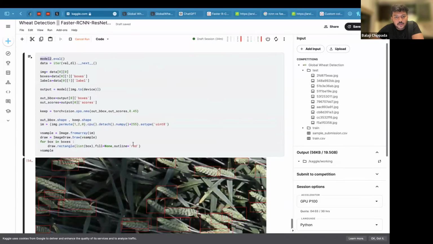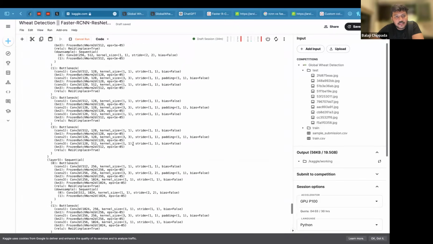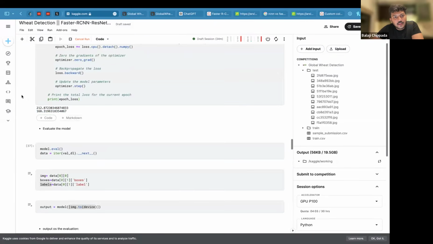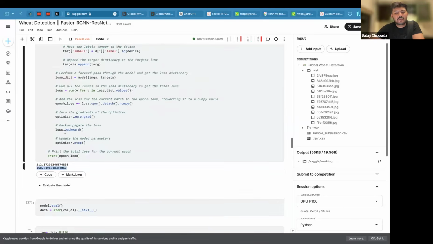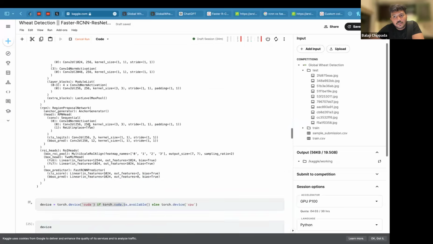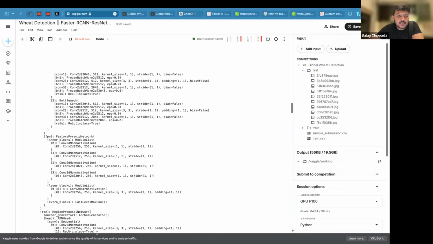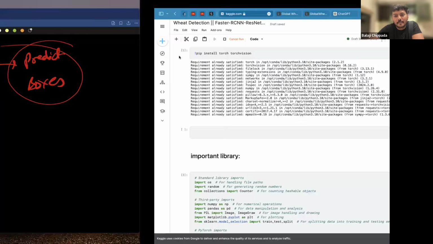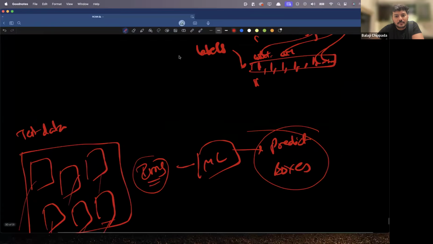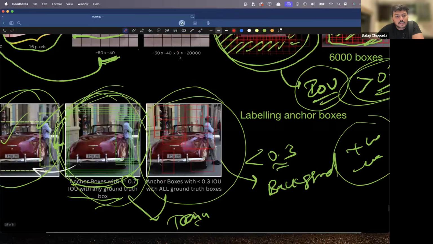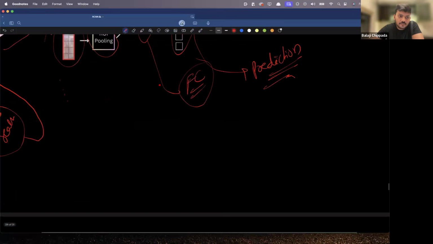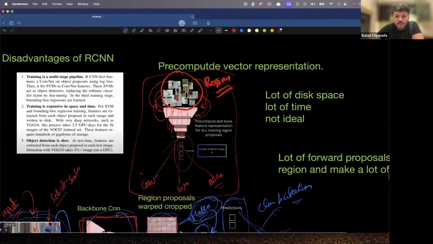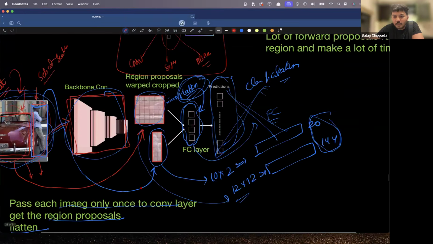So let me summarize what we have learned inside the coding part as well. I think it is still running this model. If you look at it, we are at the second epoch. 5 epochs is good enough actually. So initially we understood, let me summarize everything actually, by the time it does the modeling part as well. So we have learned the disadvantage of RCNNs, and then how Fast RCNN comes into the picture, and what ROI pooling is, and